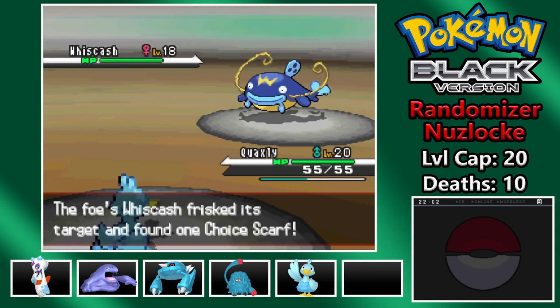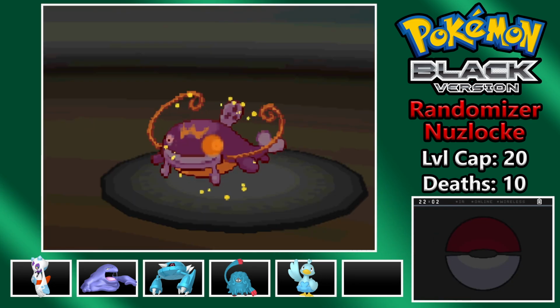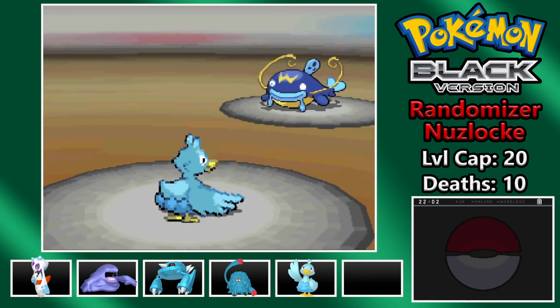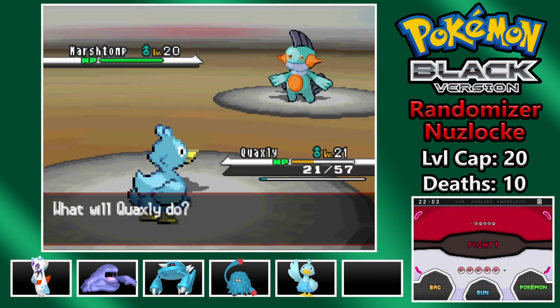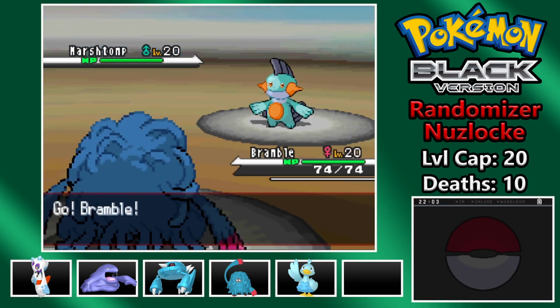Since I'm locked into Chatter, I continue to spam the move as the Catfish uses V-create. It's a powerful move, but it also lowers the user's defenses, and since I resist, I'm able to take the third Pokemon down before I lose my Ducklett. Now Lenora sends out Marsh Stomp, and deciding my bird has taken enough abuse, I bring in Bramble the Tangrowth,